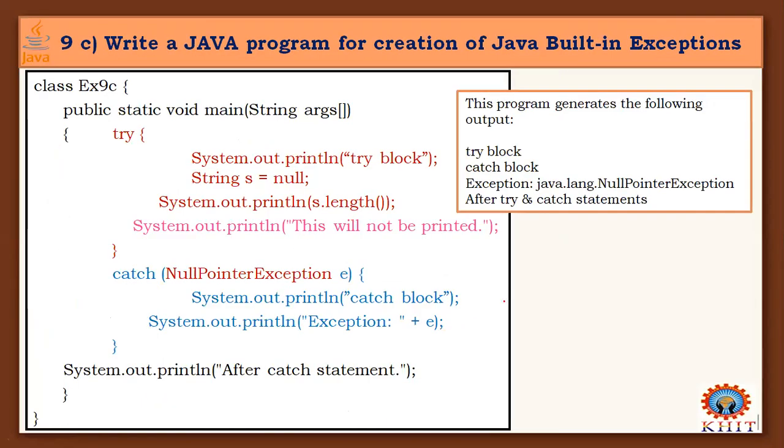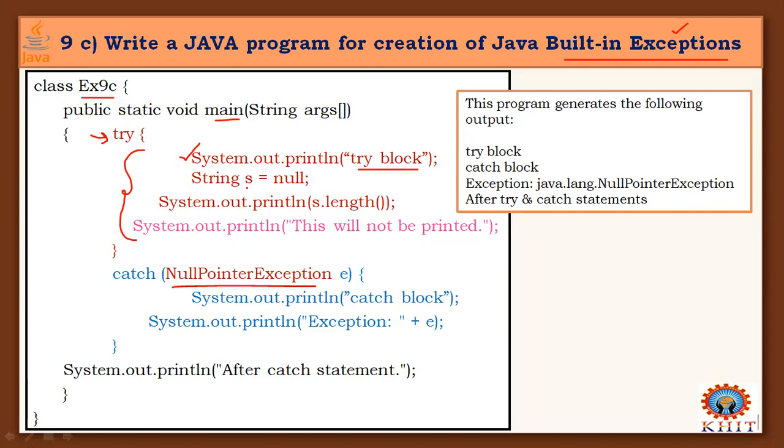Next one, third program. Write a Java program for creation of a Java built-in exception. There are many built-in exceptions in our Java library, java.lang, and the one exception we are going to generate is NullPointerException. So in class exercise 9c, inside the main method, in the try block, the code which generates the exception, and here the statement